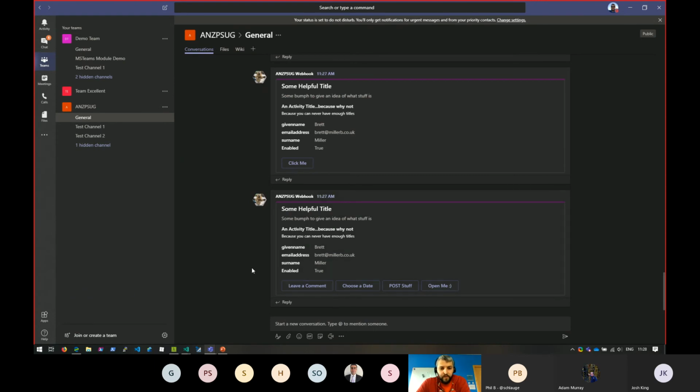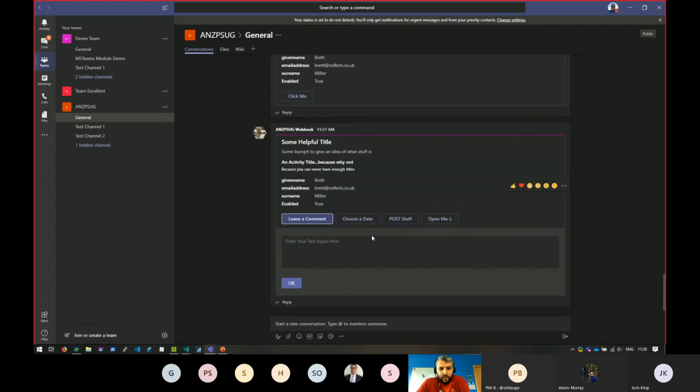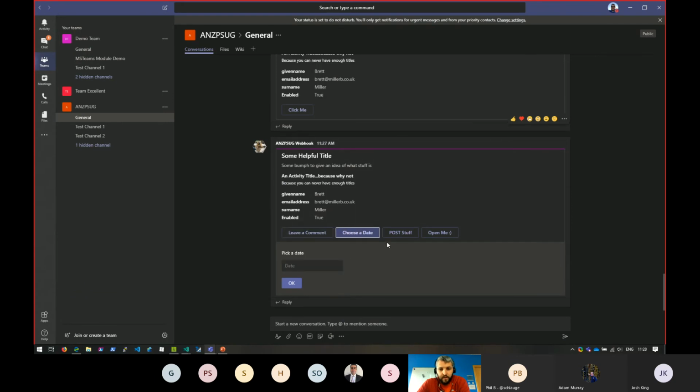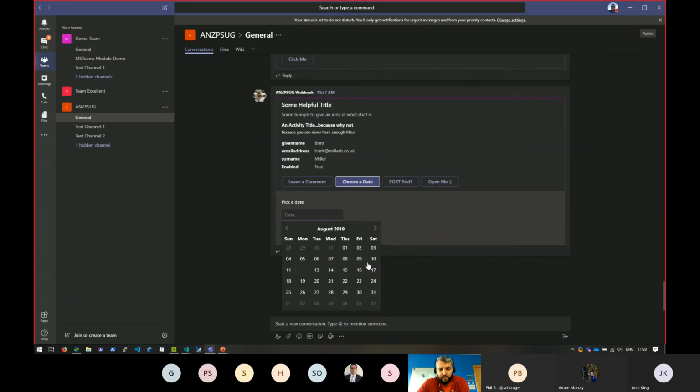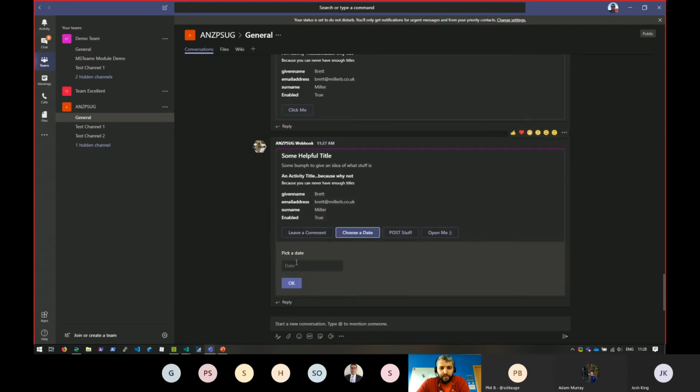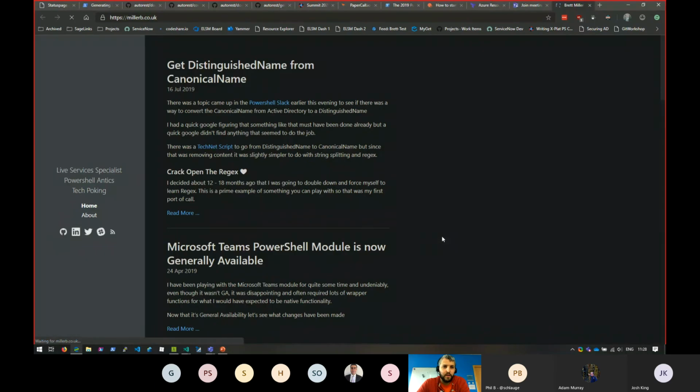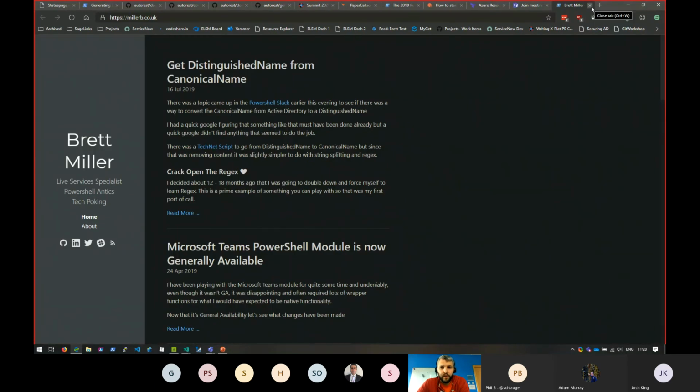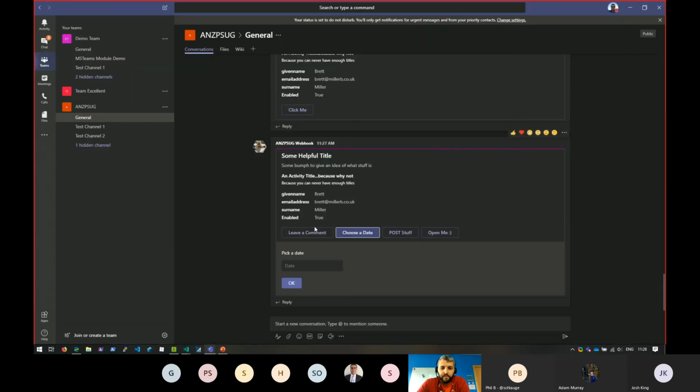You also have feature-rich stuff, sort of leave a comment, so you can leave a comment and click OK, and then it'll send that comment to wherever you wish. Or you can have a date picker, which allows you to send something in here to say, can you confirm a date that you would like this to happen? And then when you click OK, it sends the date back. Or just plain old, here's an alert, here's the link to that alert. You can open it and find out more information. So there's lots of customization you can do with them.